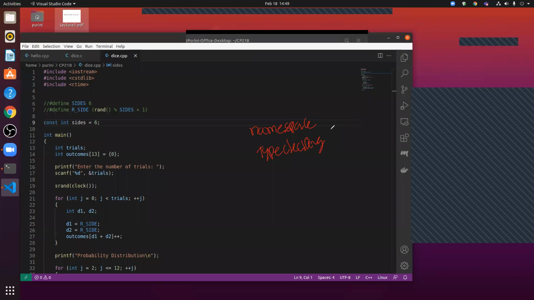This is a big problem in Python, because in Python you don't need to specify the type, and the type of the variables keeps changing as you run the program.